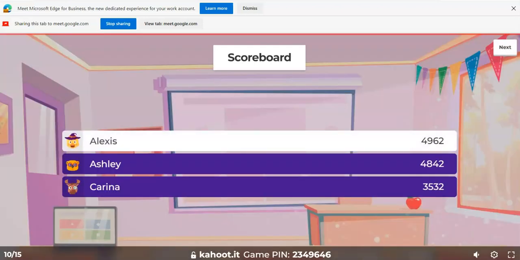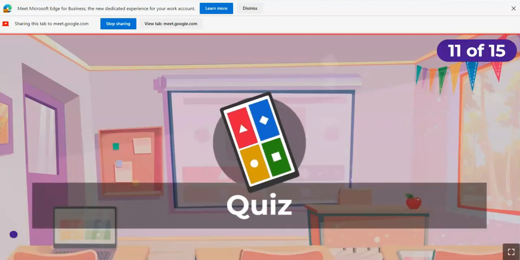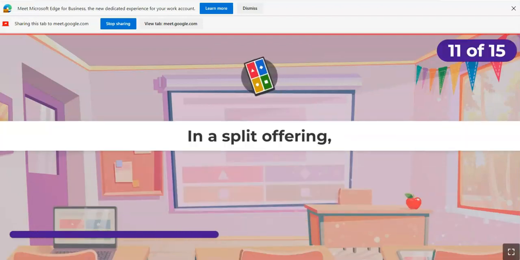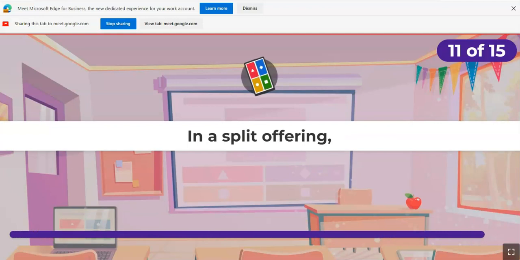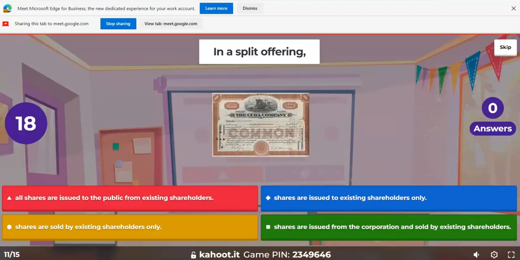All right, everyone's got some points. Let's check our next one. In a split offering, A, all shares are issued to the public. B, shares are issued to existing shareholders only. C, shares are sold. D, shares are issued to the public and sold by